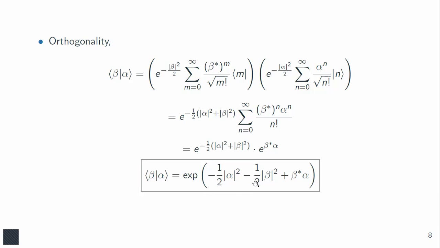So this is a very peculiar property of the coherent states, and it is because they form an over-complete set of bases in Hilbert space. So we have more coherent states than we need in order to write a quantum state in terms of coherent states. So that is why they are not going to be orthogonal to each other, and sometimes they are dependent on each other. So this is a very different property from other states that we have seen so far.